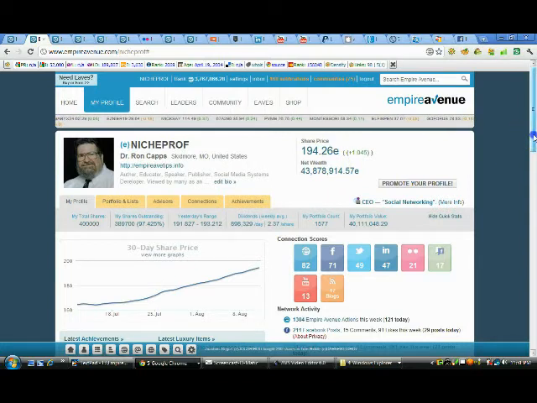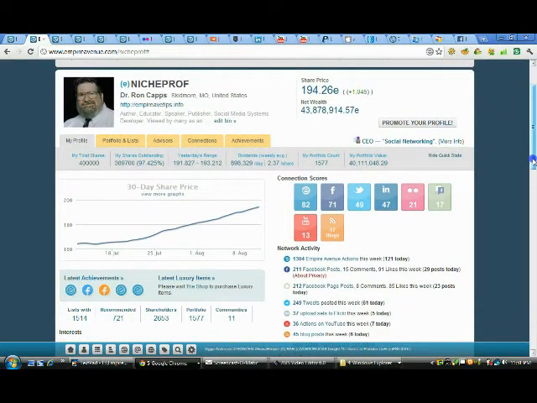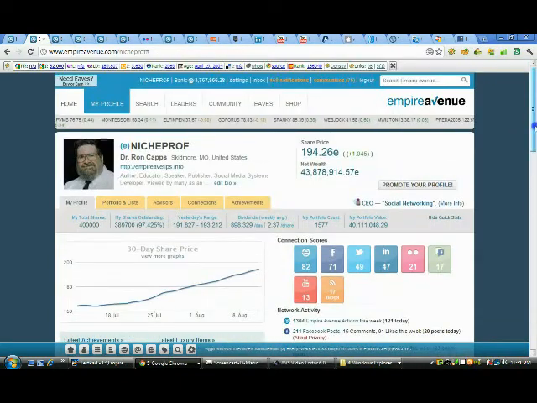And then all you have to do to change that is go to your profile and change it on your profile. And you can do that by going in, clicking on my profile. And now that I haven't had to do it for a while, let's see if I can find it here again.